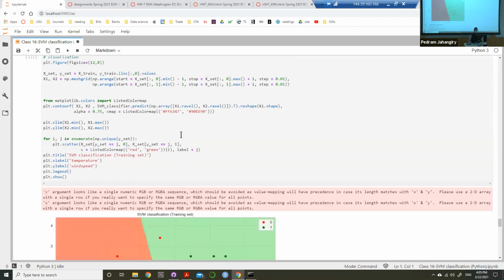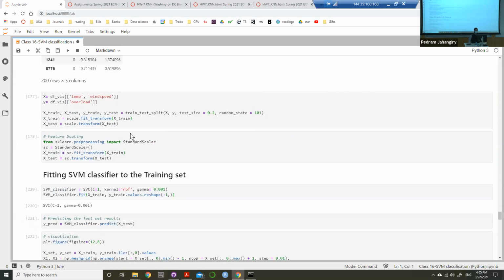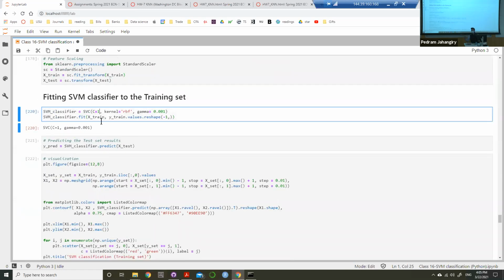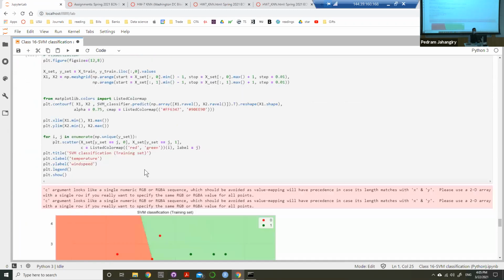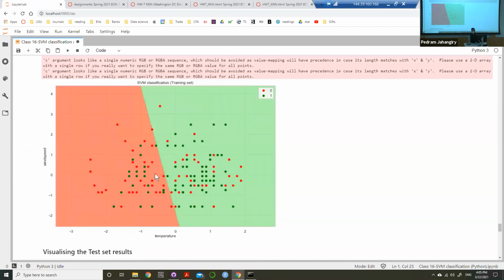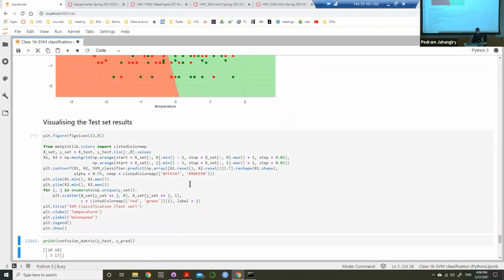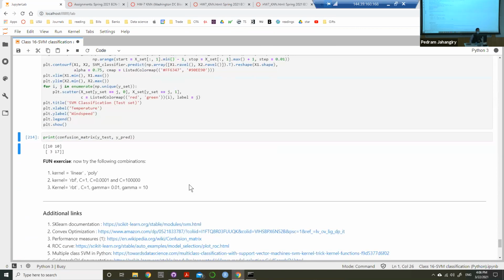If your data set is large and you make sure that your C is small enough, let's say 1 over 10,000, you should get something linear, exactly what we were seeing here. The reason that it didn't happen is because our data set was super small, and we were using the default gamma, and the default gamma is inversely related to the variance of X. Does that make sense? All right, I'm glad that I found an answer to my mysterious question myself. All right, and then for the test set,